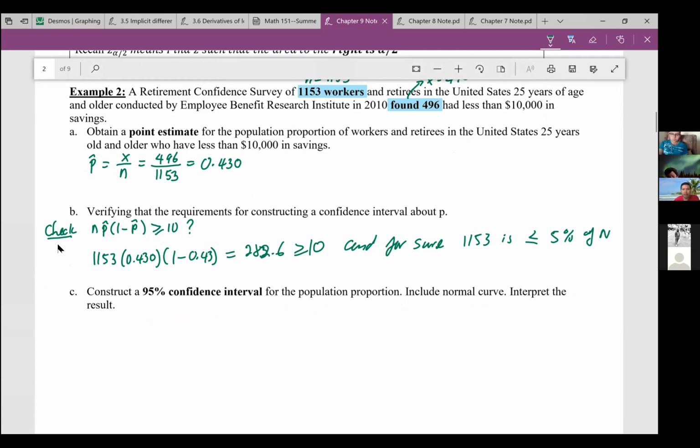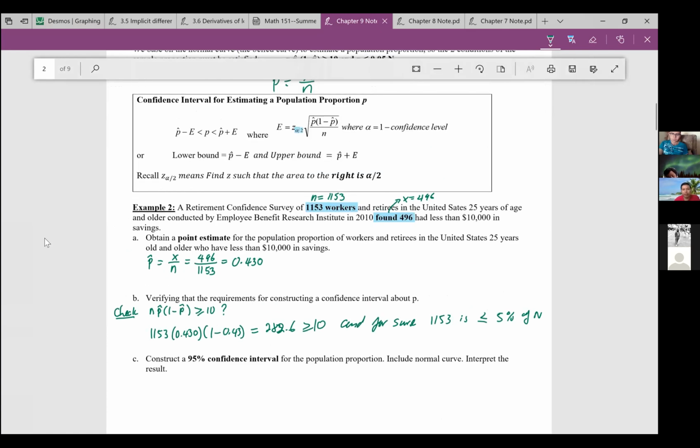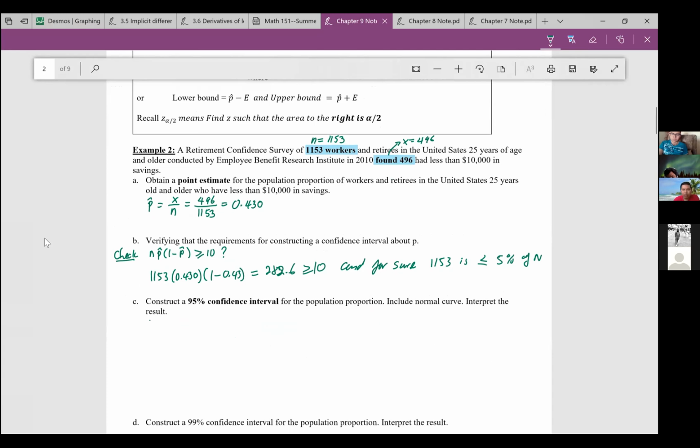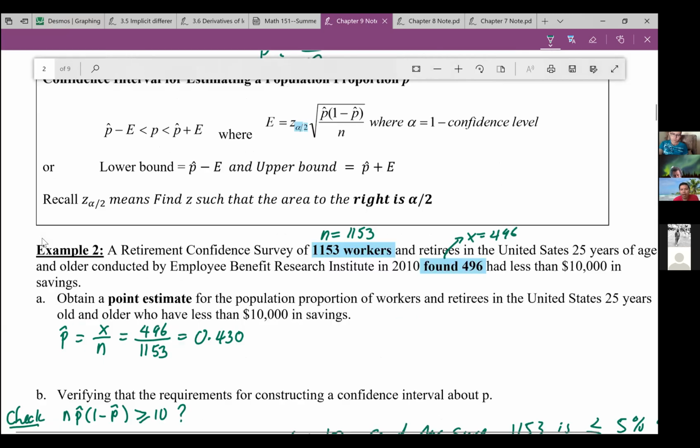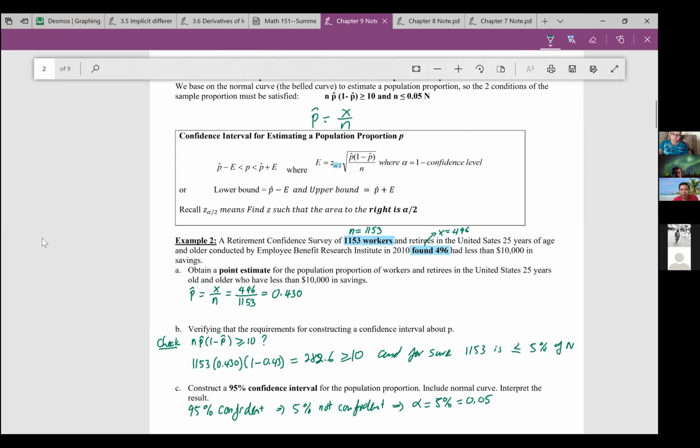So for that, we need to find E, and E depends on Z alpha over 2, right? All right, so we are 95% confident. Therefore, we are 5% not confident, which means alpha equals 5%, or you convert to 0.05, okay? But we don't need alpha, we need alpha over 2, right? So that's the formula. We need alpha over 2, we don't need alpha. So we have to divide it by 2 before we find the Z of that,